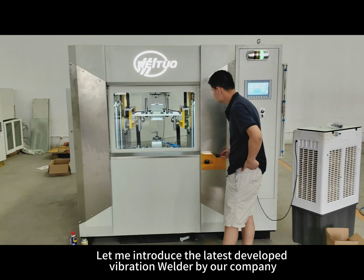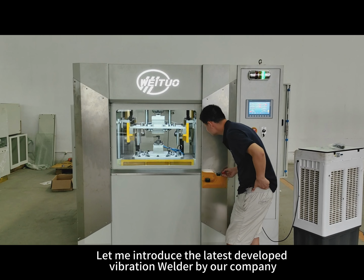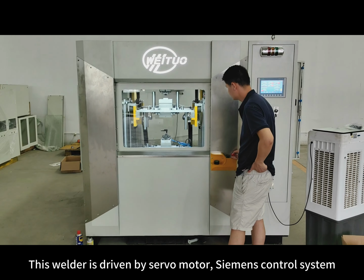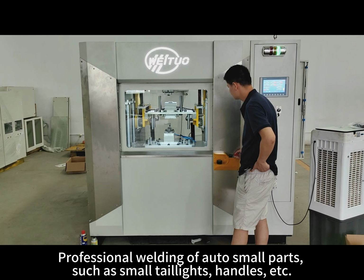Hello everyone. Let me introduce the latest developed vibration welder by our company, Weituo VW200IR Servo infrared vibration friction welder. This welder is driven by a servo motor with a Siemens control system, for professional welding of small auto parts, such as small taillights,